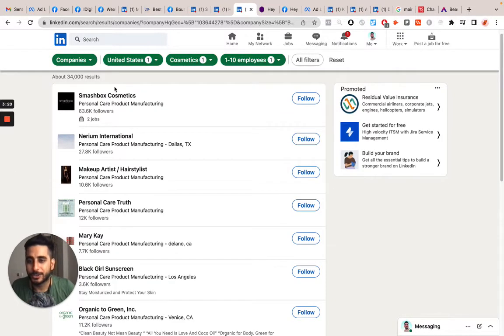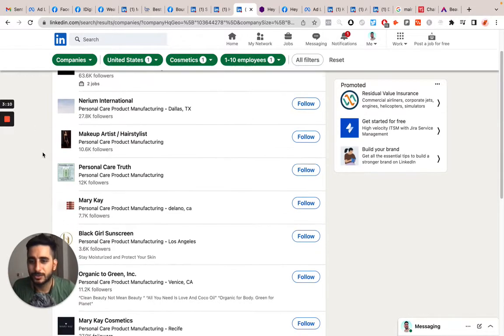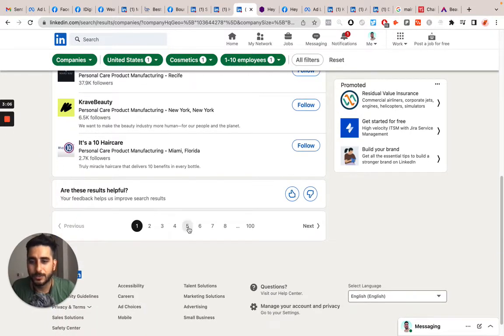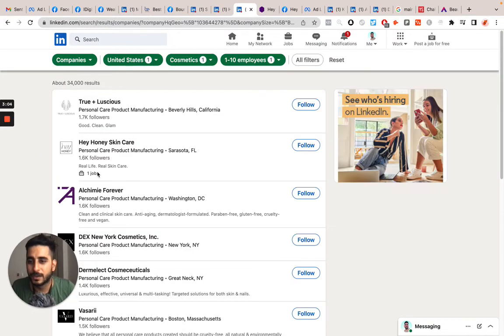It is showing you some big companies, like Smashbox, which is more of a subscription box, so avoid that. Try to avoid big companies. So we'll go to the 5th page. As you can see, you will start